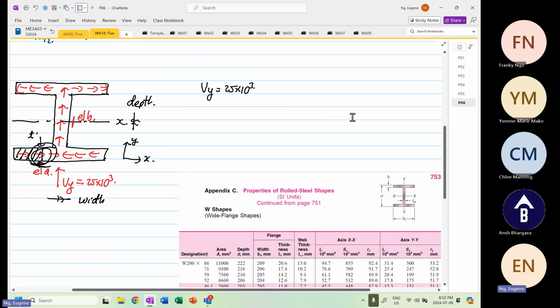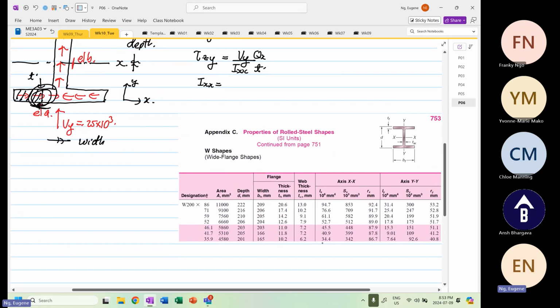So now if you look at how the shear direction is going, the intersecting plane is Z, the shear flow is in the Y direction. So this is equal to Vy over Ixx Qx over t. Okay, so we know that Ixx on the table is equal to what? Ixx is 40.9